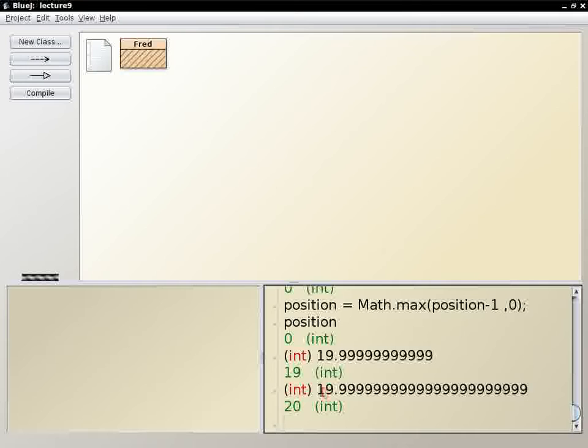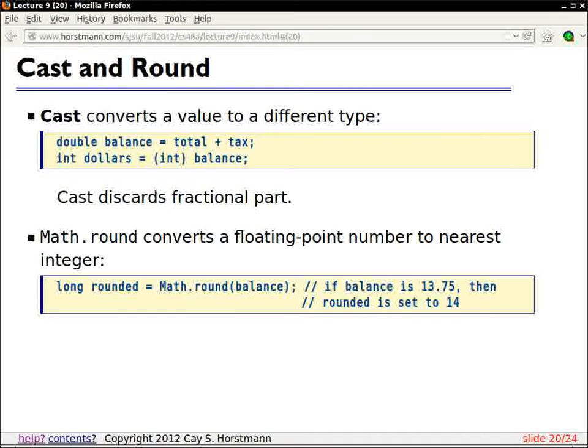What happened is that when I typed this thing here, I had more digits than actually used in a double. And so when the compiler read this, it said, well, I don't have that many digits, so I'm going to have to round it. And that rounding happened to push it over the edge to 20. So it was 20 already in the storage, and then the cast gave you 20. What that shows is that removing the fractional part is very rarely a useful operation, because it's so fragile when you're at the boundary from one number to the next. So generally, you don't want to use it.